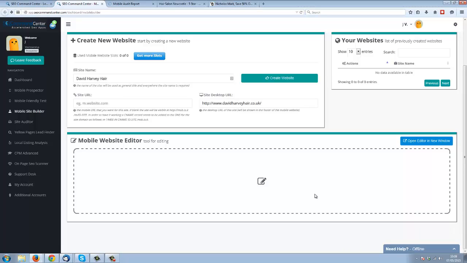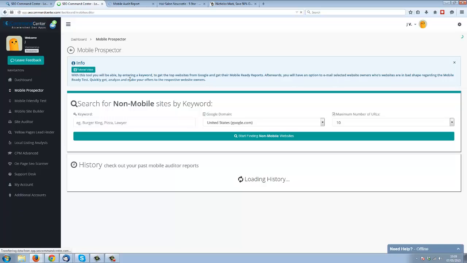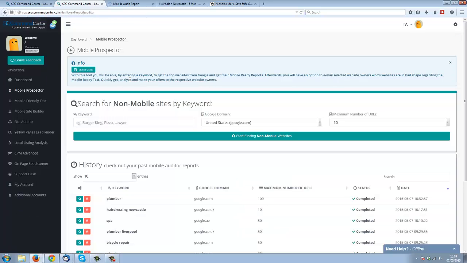So let's recap. How would I use Cloud Prospect Machine? I would forget about generating hundreds of reports all over the world. I just don't see that as a way to build a business. Instead, I would target your hometown or target towns that you can get to easily. I would identify different niches. So I did hairdressing before. Again, we could do plumbing, whatever. There's hundreds of different ones. Find non-mobile optimized sites that you can